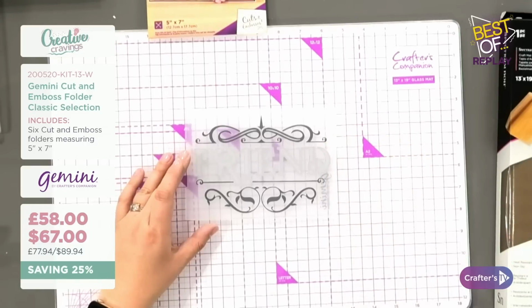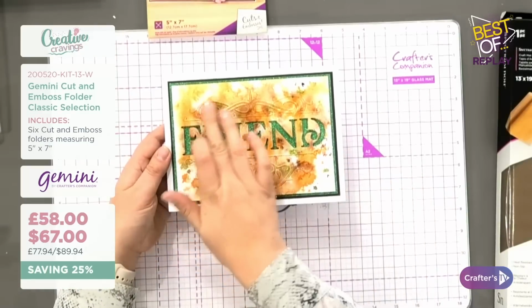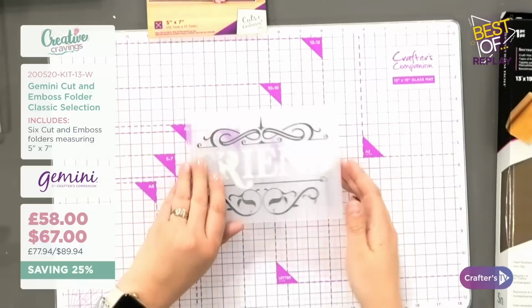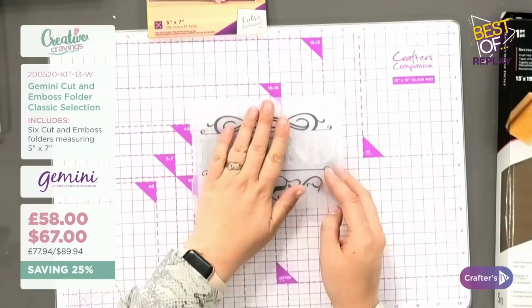at the same time. So what we're going to do is, I'm going to show you this sort of card here, where we have all the embossed background, but the word friend all cut at the same time. And you can be doing anything with the friend word. It can be for a friend's birthday, it can be with love, it can be a thinking of you, so